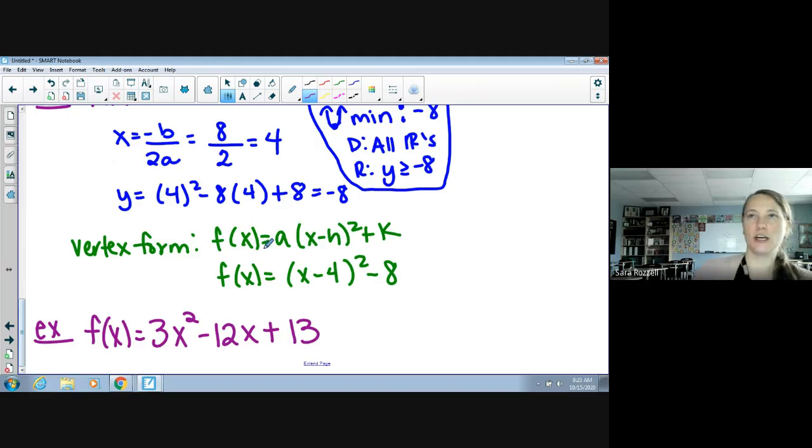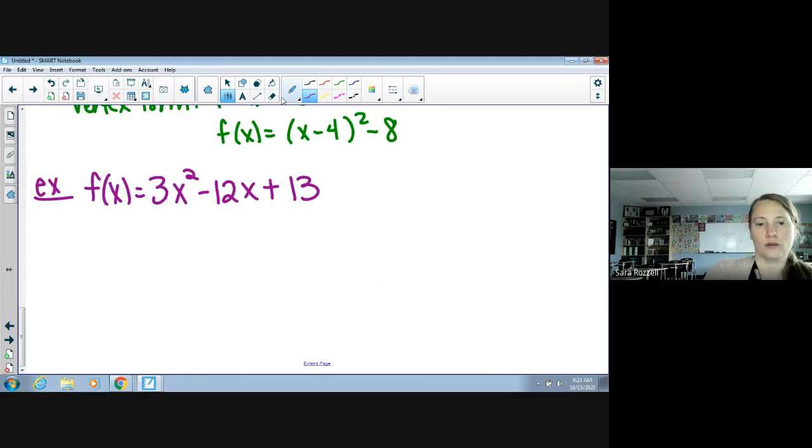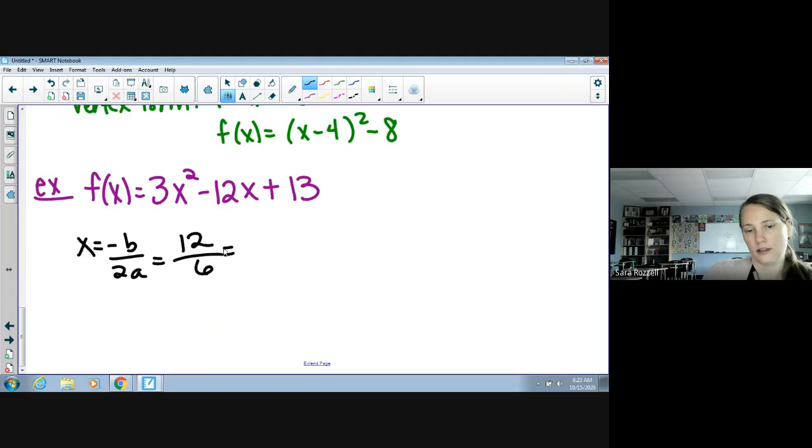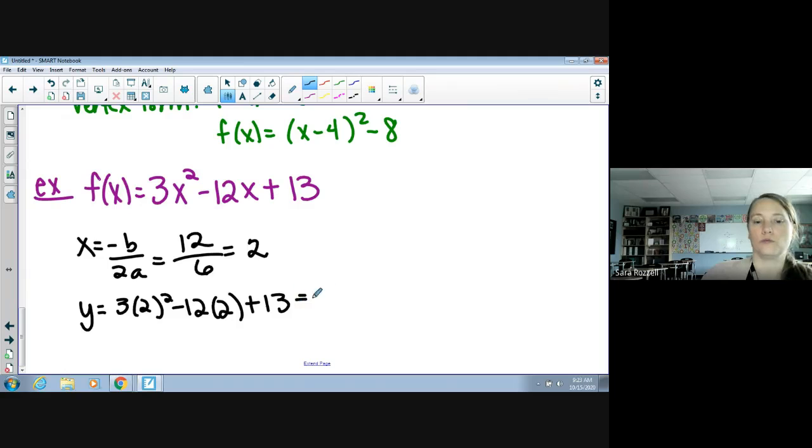Okay, we about ready to check it? All right. So we're going to do negative b over 2a. Negative negative 12 makes a positive 12. 2 times 3 is 6. 12 divided by 6 is 2. Then to find our y, we're going to plug in 2. And I think this equals 1, right? Okay, so that's 1. So we know our vertex is 2, 1,